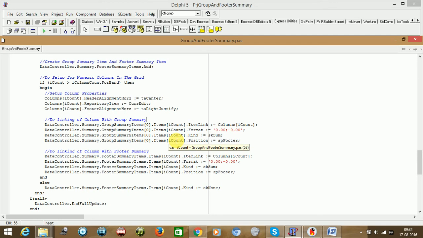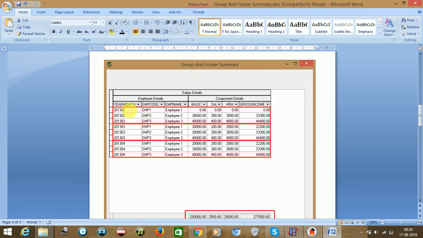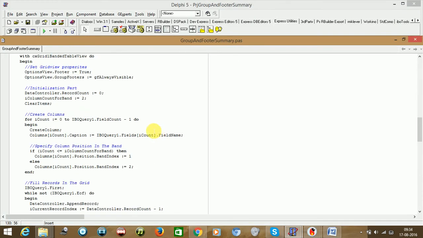Now what we need to do here is that we are going to do the group summary on column number 0, so we need to specify that as well in the beginning itself.